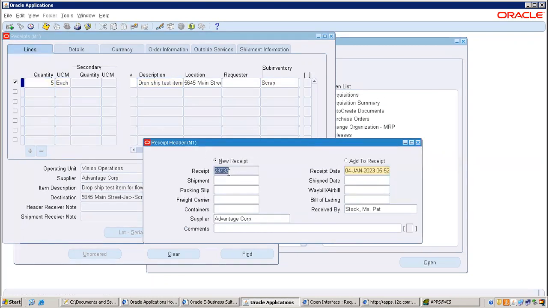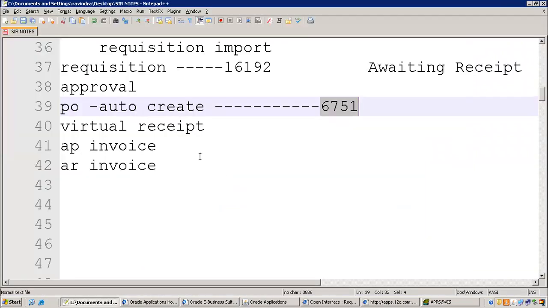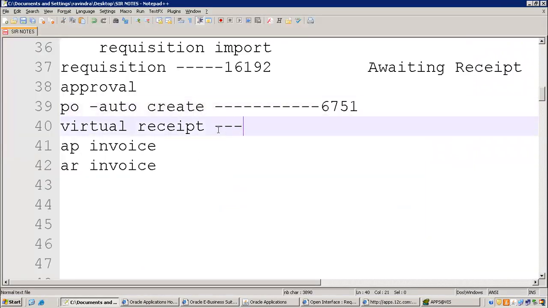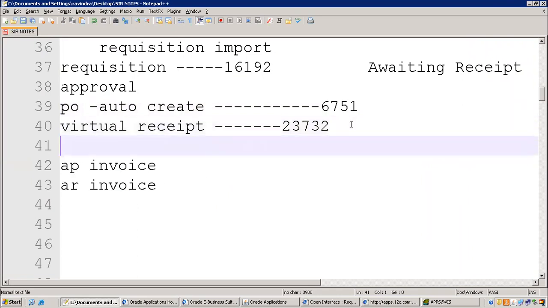Once you click on save like P2P, what will it do? It will create a program. Before creating an AP invoice program, some programs will be submitted. Do you remember that? You are not practicing P2P or what? Guys online, anyone can refer, can mention the name. P2P, you have to revise them.